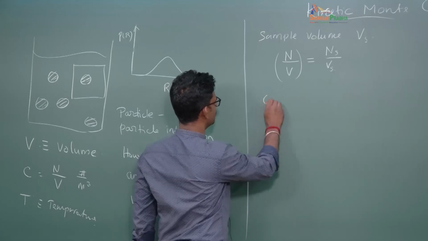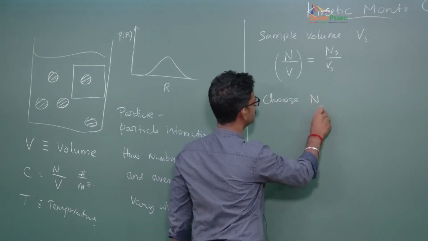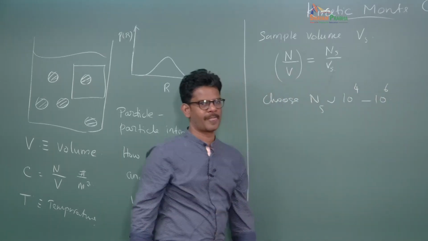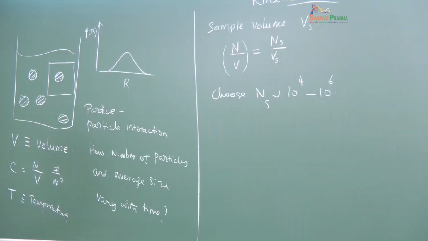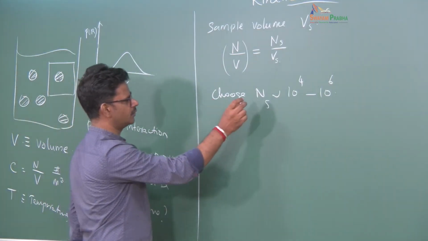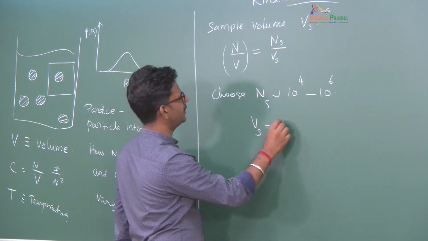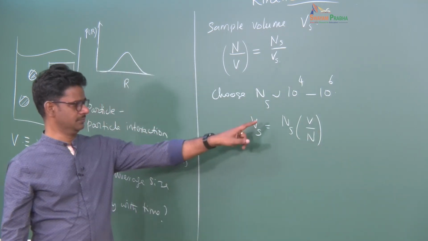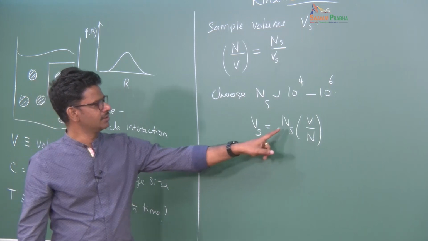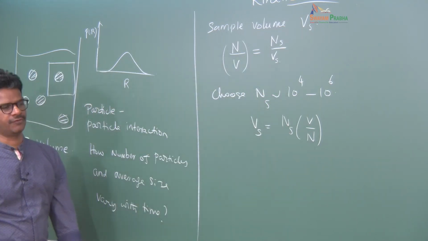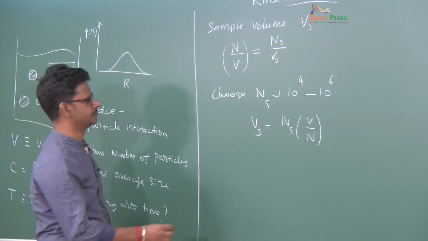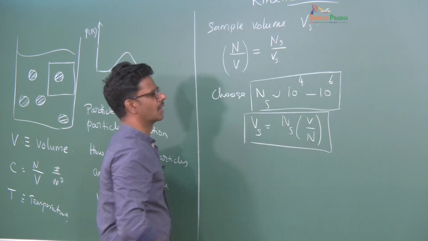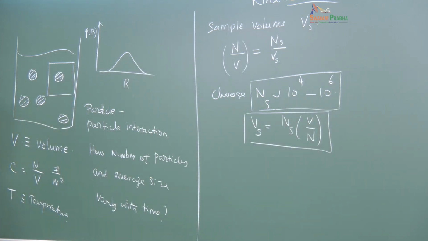So we generally choose Ns of the order of maybe 10 power 4 to 10 power 6, depending upon how good the statistics you want this to be. And then once we know this, we also know that Vs has to be based on, okay, so the sample volume that you are dealing with should conserve the same concentration as before. Okay, so then the next thing is to